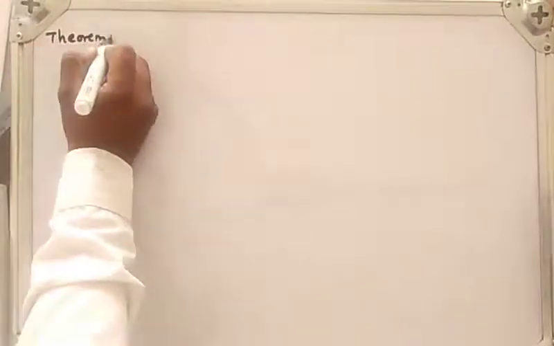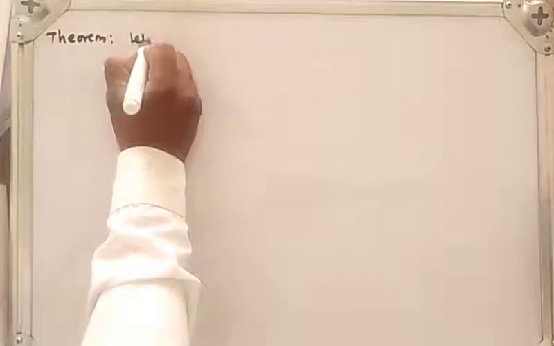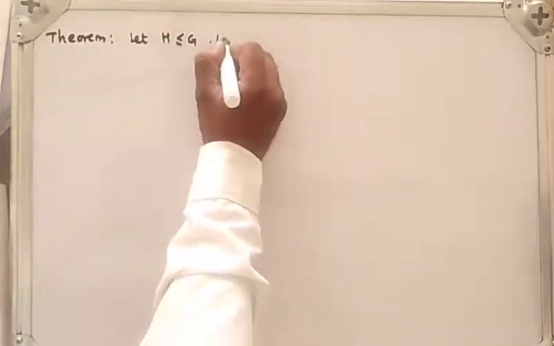Hello students, in this lecture we will see the next topic, which is cosets. So let's see the theorem. The statement: let H be a subgroup of G, and let the relation